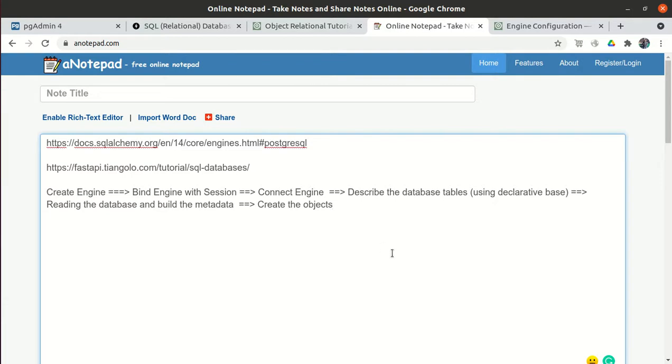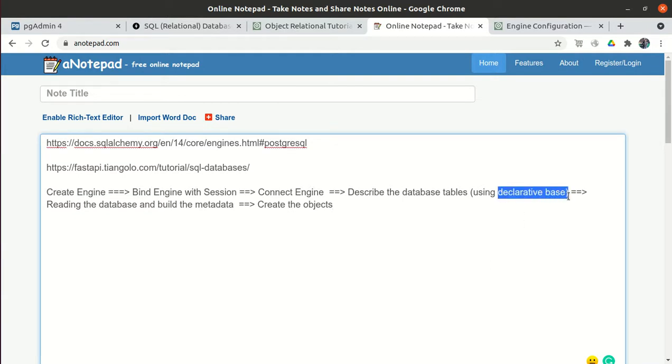So we will define a table in the form of a class, but how does that class know that this table corresponds to the particular database? While defining the particular class, we will inherit from a base class, that is the declarative class.